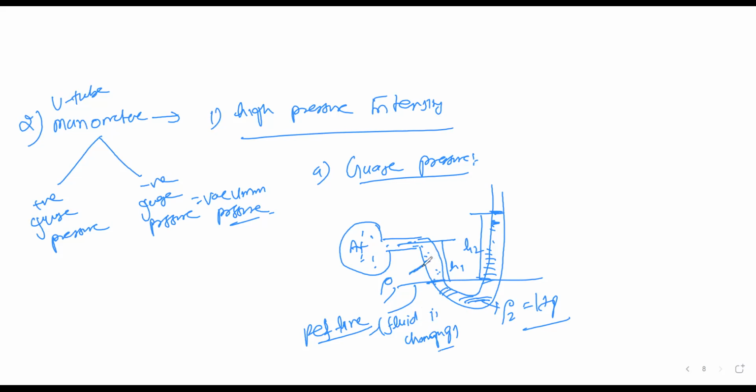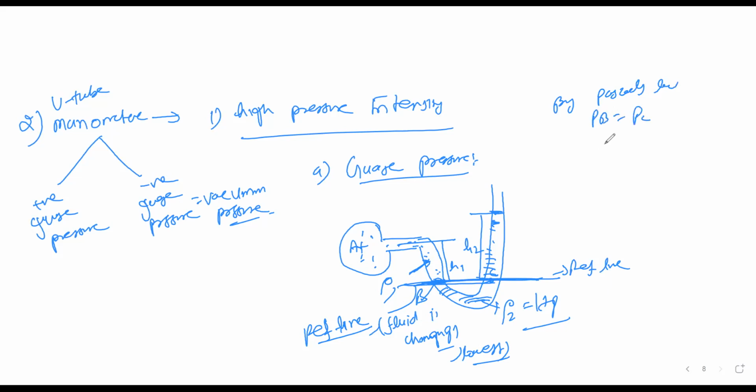So this is one fluid having a density of rho1, and this is the mercury. At this point, the fluids are changing, and I'll always select the lowest level. You create a line, and that line is your reference line. Consider the point B and C. By Pascal's law, we can say that the pressure at B must be equal to the pressure